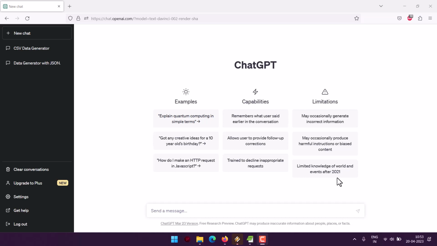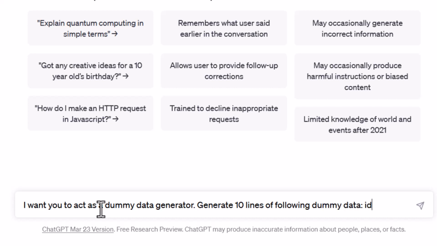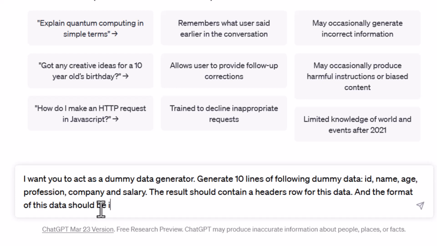So I'm going to zoom in here and I will show you what I want to write for generating XML data. So I will write, I want you to act as a dummy data generator and generate 10 lines of following dummy data, right? It should have specific columns like ID, name, age, profession, company, and salary, right? Now I'm going to say that the result should contain a headers row for this data, and the format of this data should be in XML,